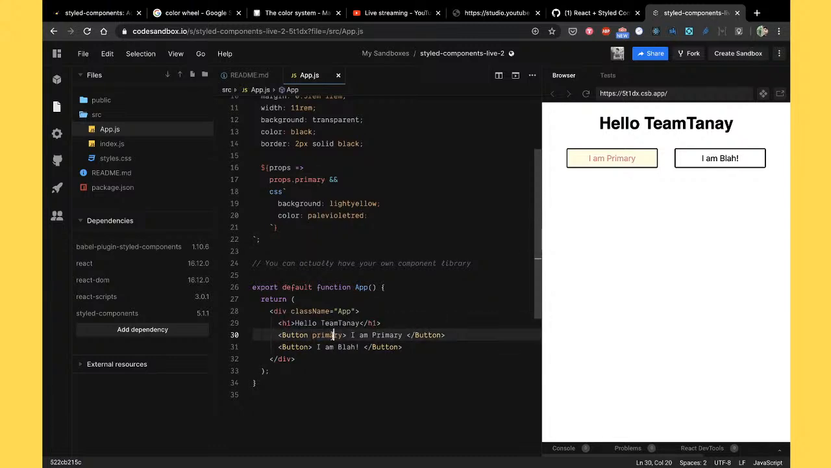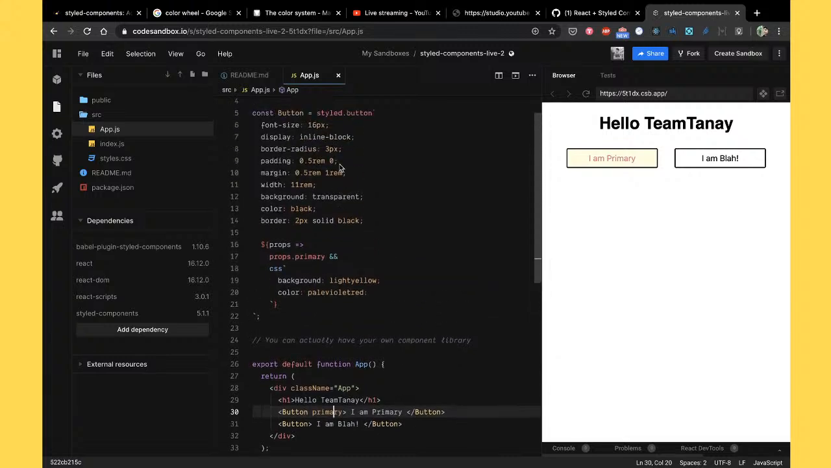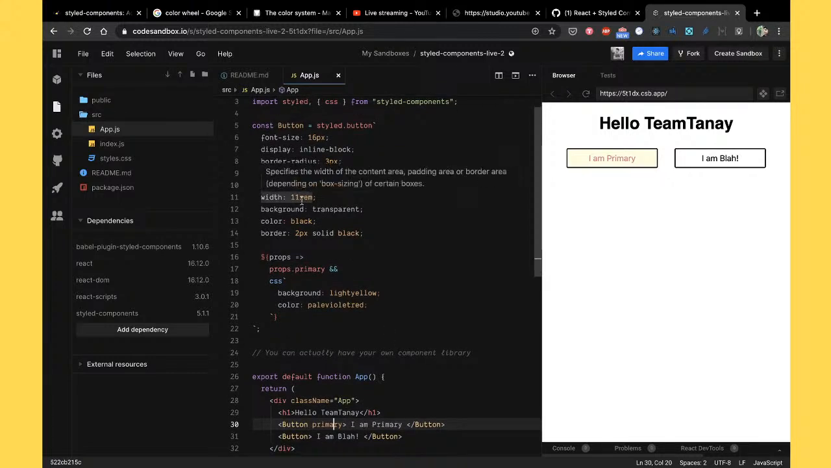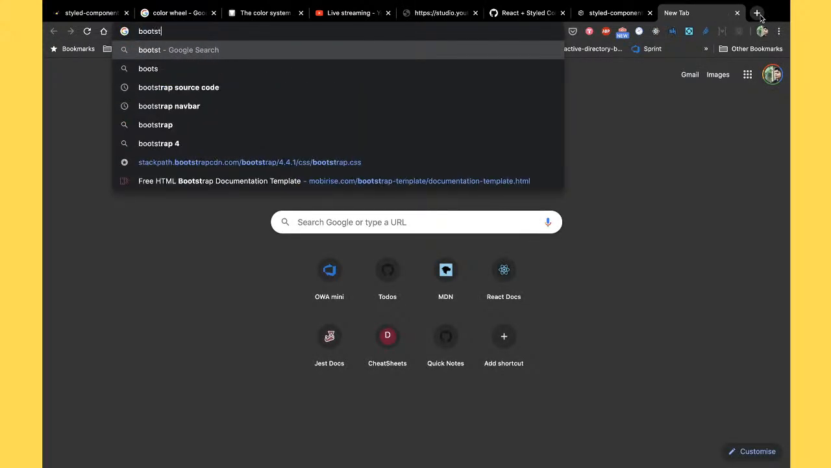Okay, but you can make a component primary button which would take everything a button has and also has its own values like the background and color, and you don't have to pass the prop for it. This way you can create your own component library, wherein if you go to, say, Bootstrap,